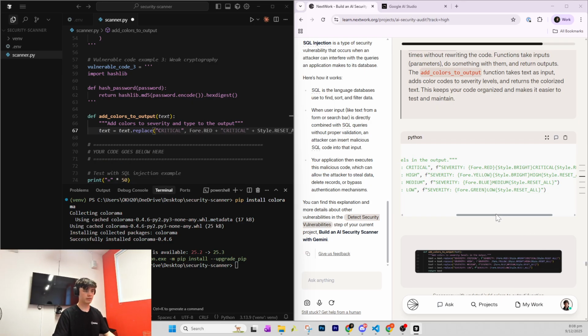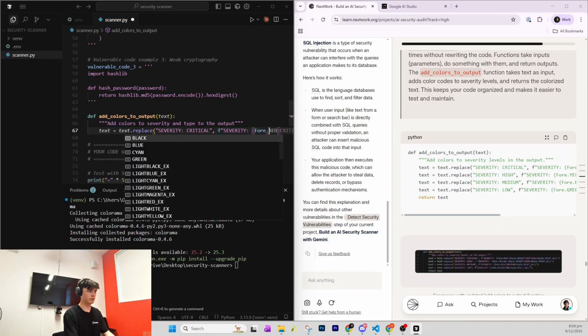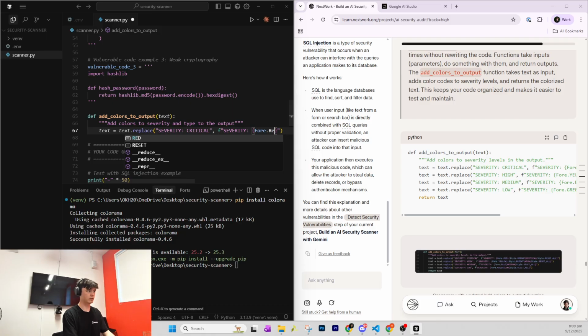So we can write severity, critical, and then we can do if string here, severity, do tag for, it's called red, I think,